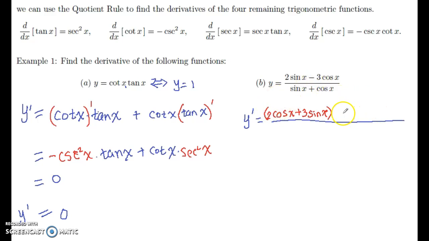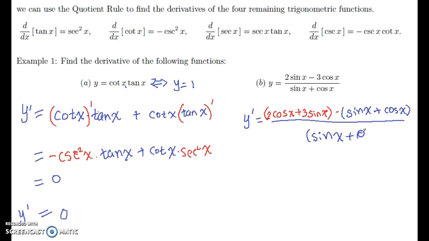Then you multiply that by the denominator, which is sine of x plus cosine of x, and it's all over